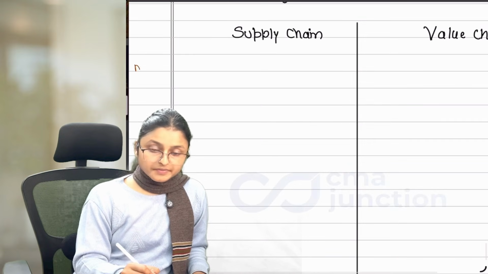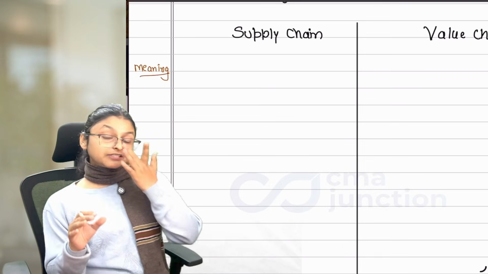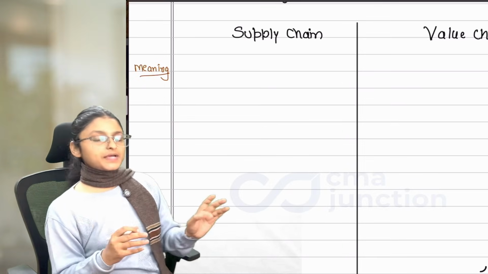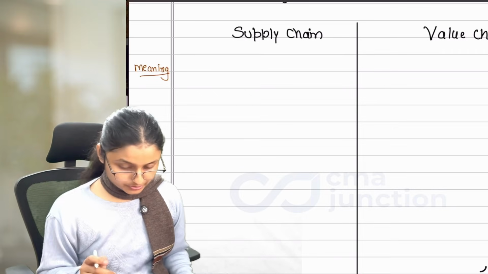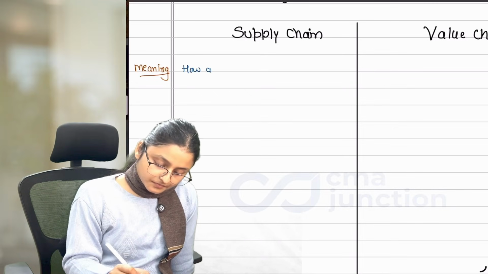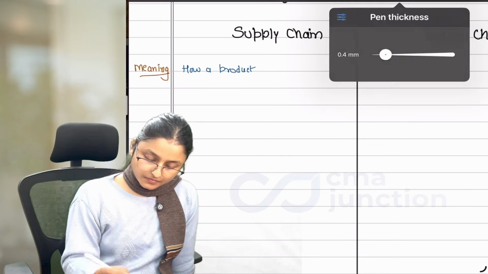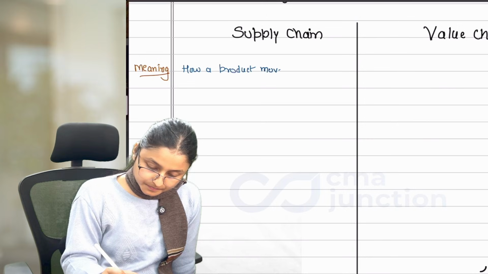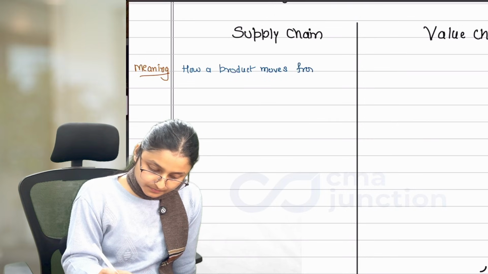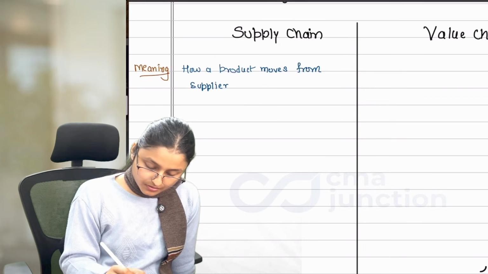First differentiation is about meaning. Now, this differentiation is very important, and that is why we are going to write everything which we have studied about this differentiation here. How a product moves from supplier to consumer,